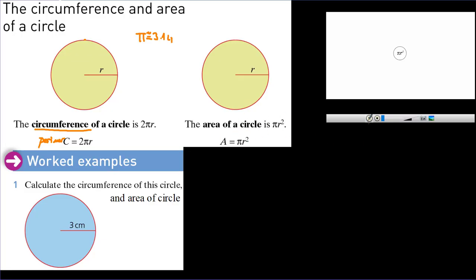Area of the circle is equal to pi r square, and here I also showed this video. During the lesson, we are going to watch this video. It is a geometric proof of why the area is pi r square, and the only thing you need to know, again, is r, then you can easily find the area of the circle.